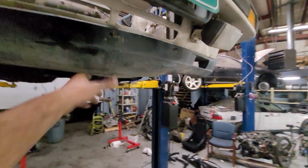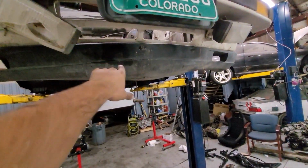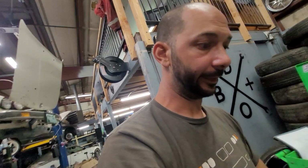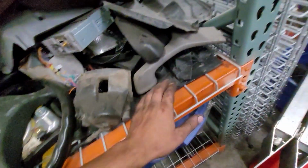Might eventually get one of those cool valences that comes out slightly. Not the ES valence, but there's ones that are this size that just stick out a little bit. Buddy Alex Upchurch used to have one that I liked on his white coupe. But over here, my buddy Matt, he gave me